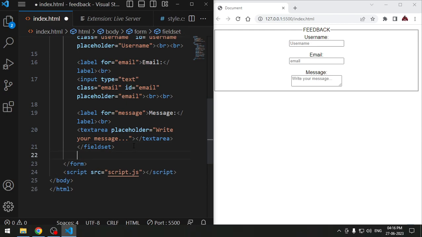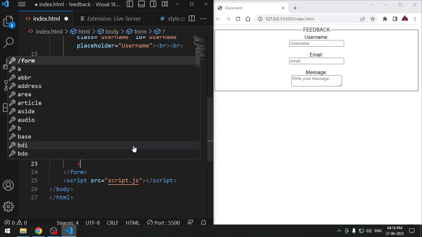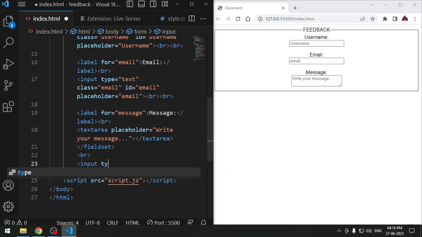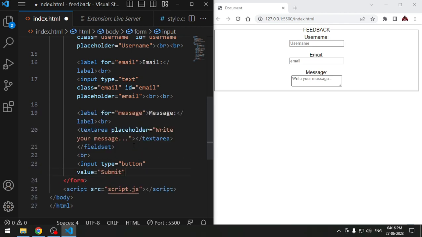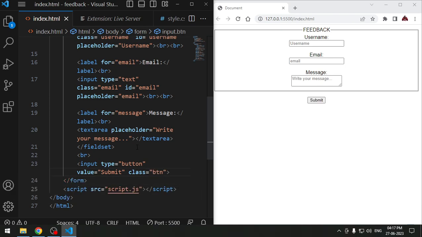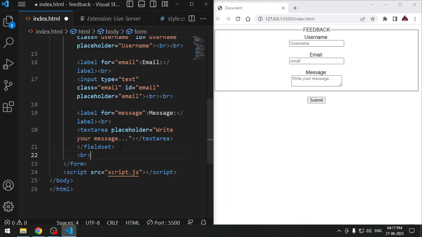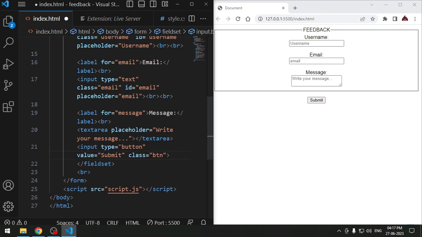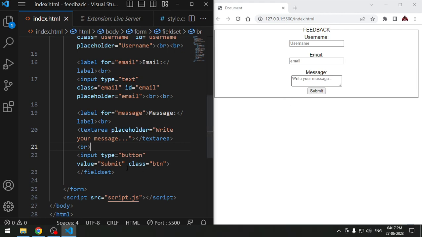So here, after break, we can add a button. For input type button, value is submit, and class btn here, and I have to put inside it the full set, and break after the text area like that. Two breaks. Okay,